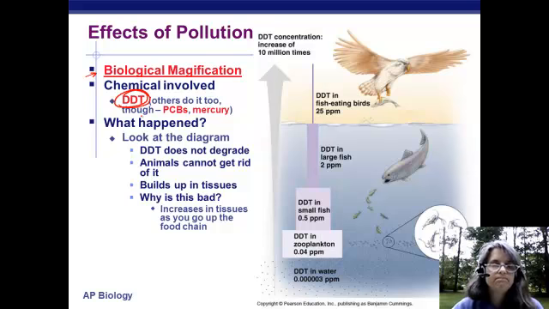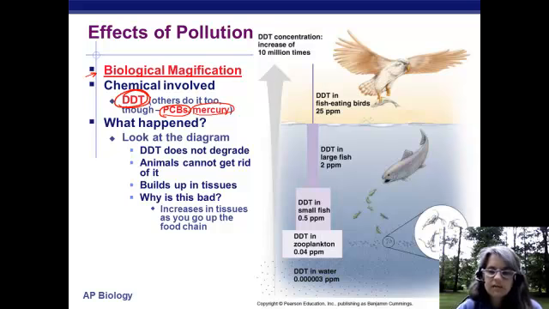But the trouble with it, when you sprayed it around in the environment, it does not degrade. It doesn't degrade when it's ingested by an animal. It gets in their tissues and it's locked up in those tissues. PCBs are another chemical that work this way. I believe there was a huge problem with PCBs in the James River many years ago down near Hopewell, where all those factories are. Mercury is another example of something that works this way.